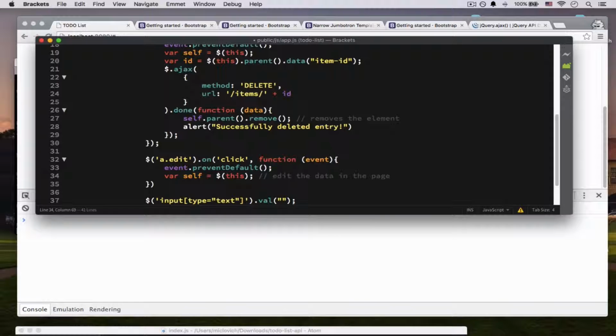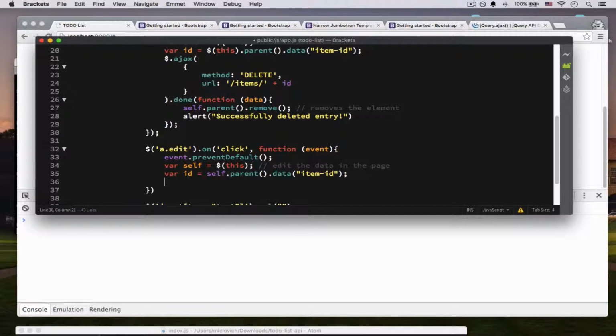The ID won't change much, but we might use it for something because we do need to identify. So for here, we can just do self.parent data, and then we'll get the items ID, right? And yeah,